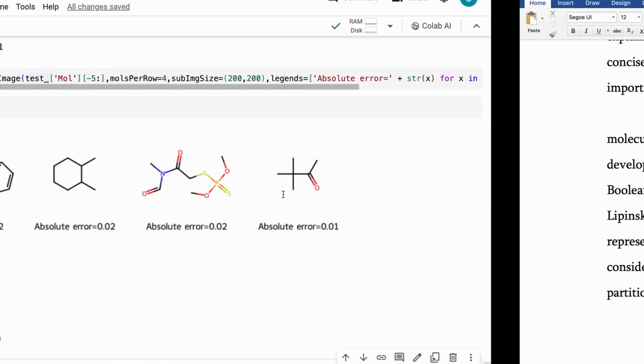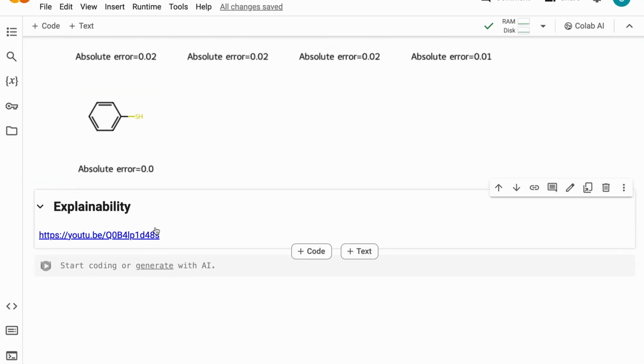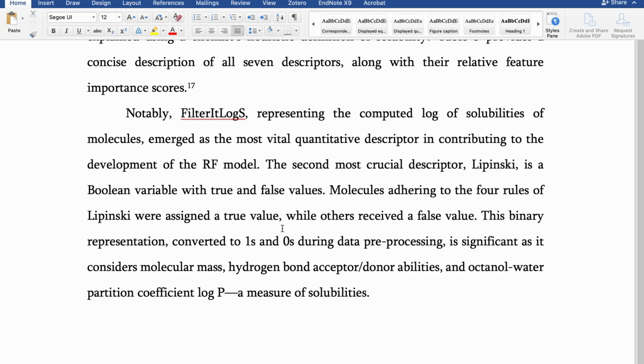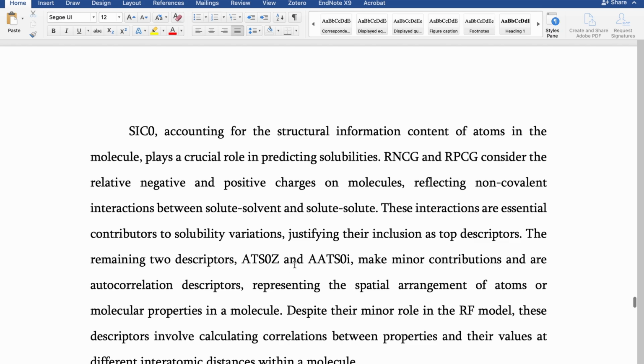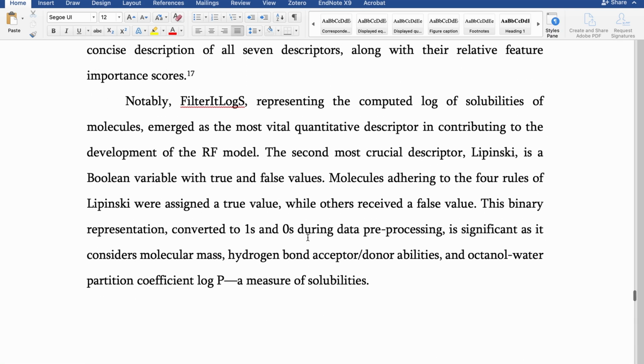And again, I'm not gonna go into detail, but here is the video where I have talked about how and why these 7 descriptors made it to the top of our list. And so I highly recommend you to go and watch this video if you want to get more information, or you can just read this section over here. So I've just talked about filter it log S, which is the computed log of solubilities, and